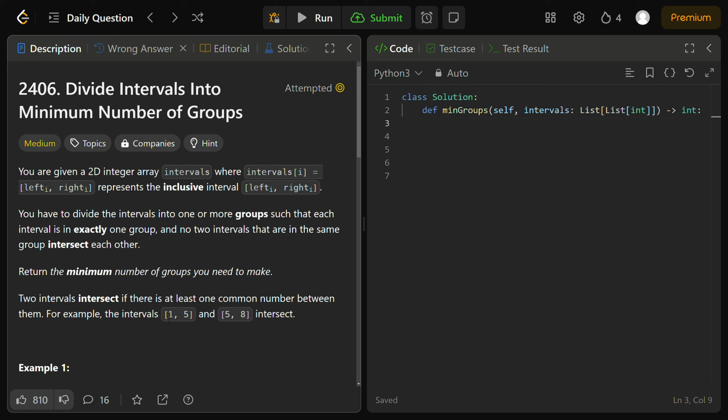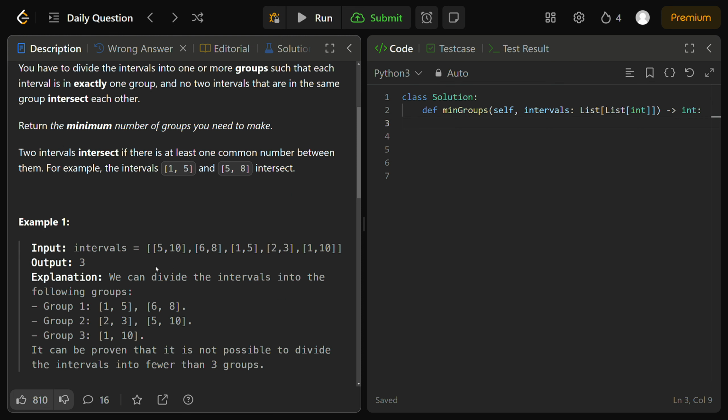And you could argue, wait, this ends the exact moment that this starts, so technically they wouldn't be intersecting. But since they are inclusive intervals, 5 is present in both of these intervals because 5 is the right endpoint of interval 1, 5, which is included because it's inclusive, and 5, 8 has 5 as its left point, which is also included. Since 5 is a common element between these two intervals, they are considered to be overlapping or intersecting,